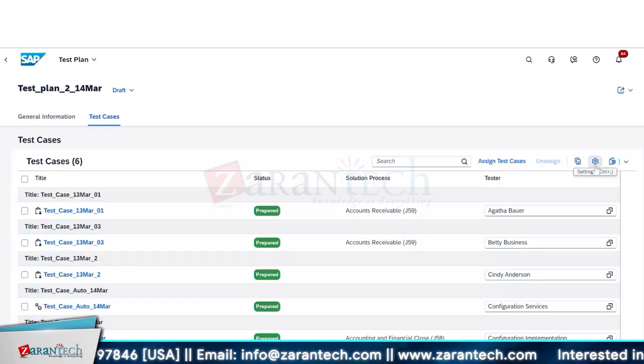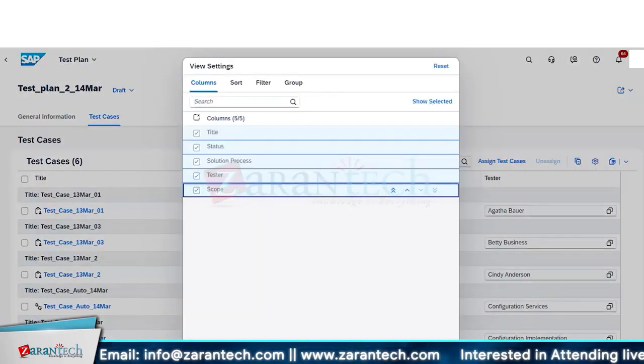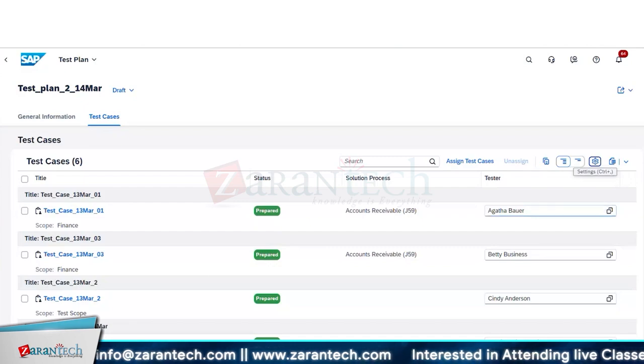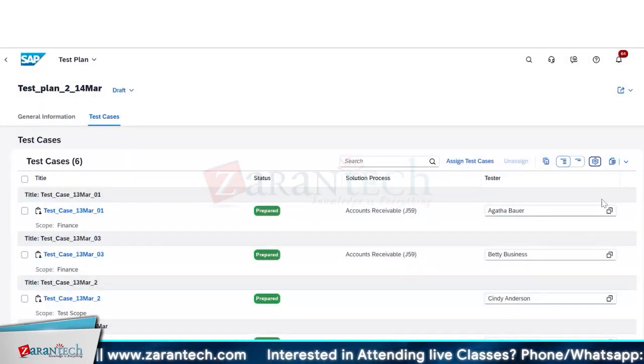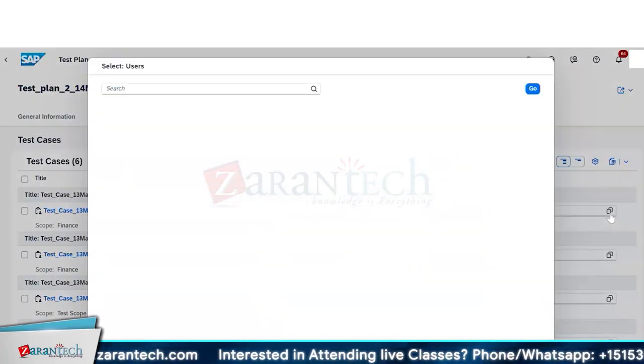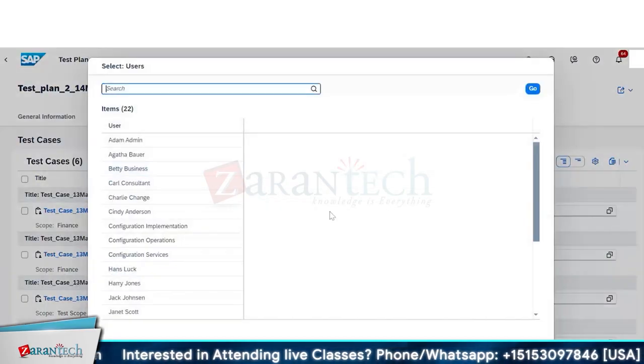Probably there is some UI issue with it. So probably if I show, okay. Just make sure that the tester column is selected, then only it will show up. Okay. So for this test case I can choose Agatha, for this one I can choose Betty. So this way within a test plan you can assign the different test cases to different